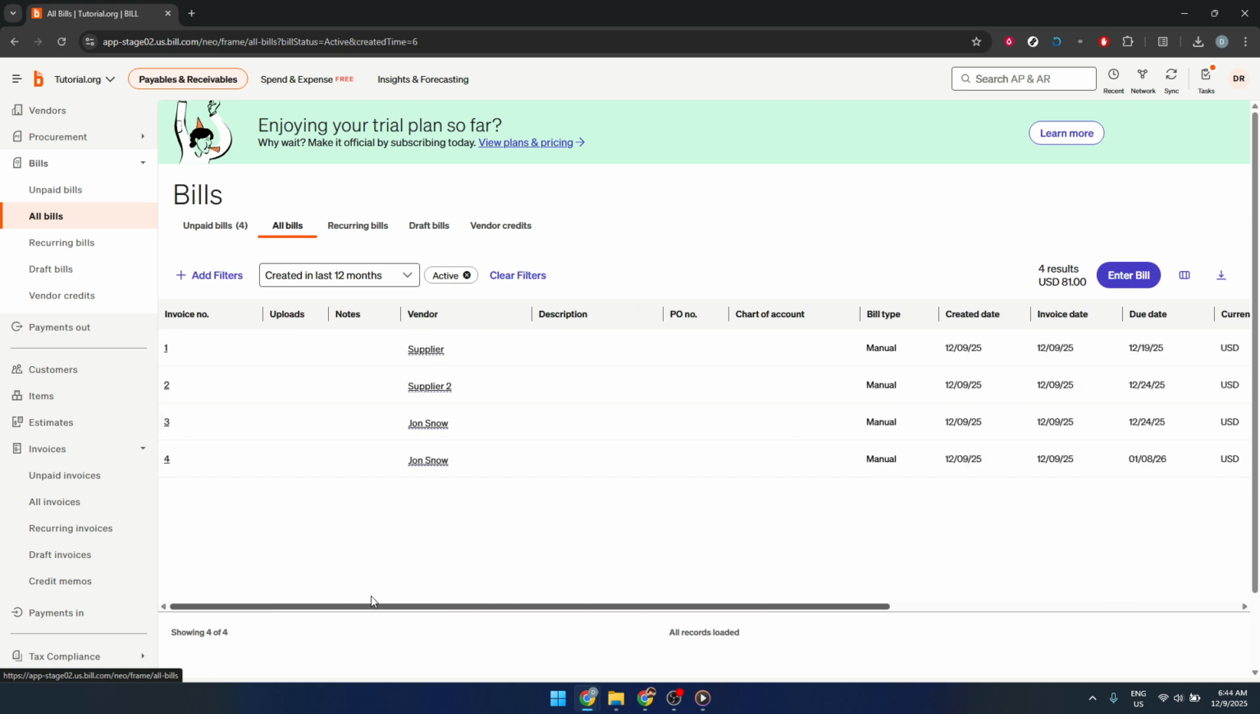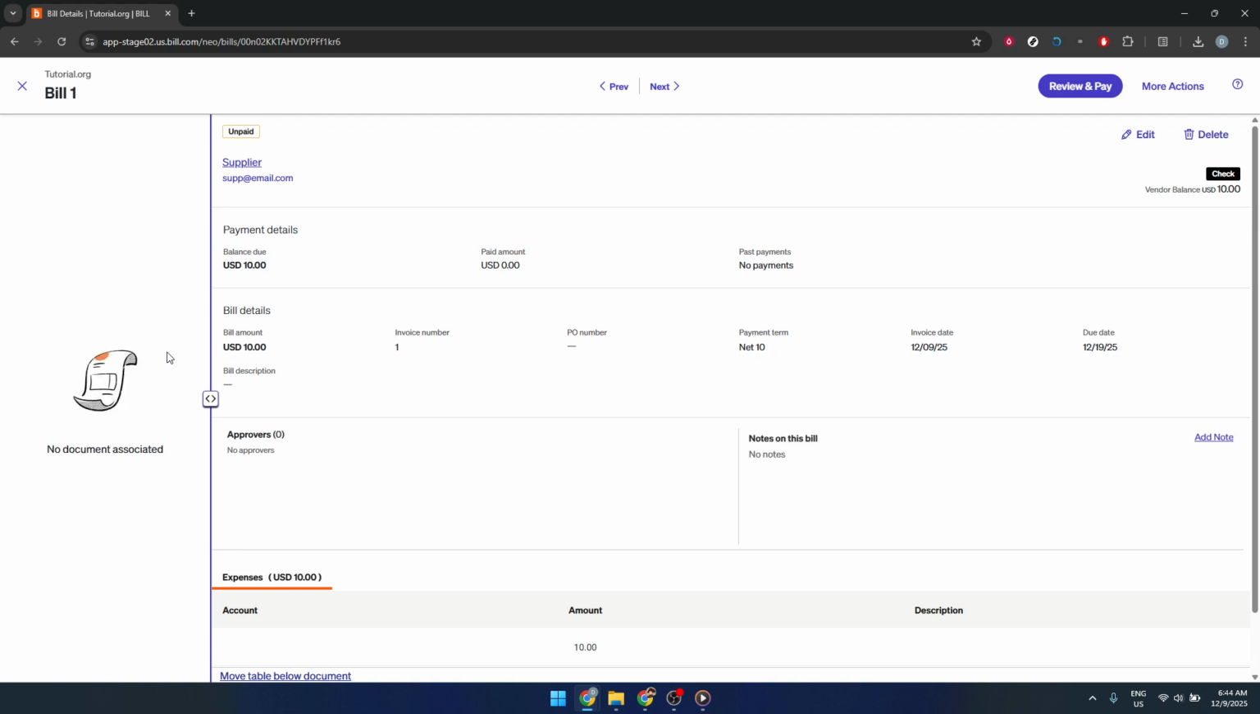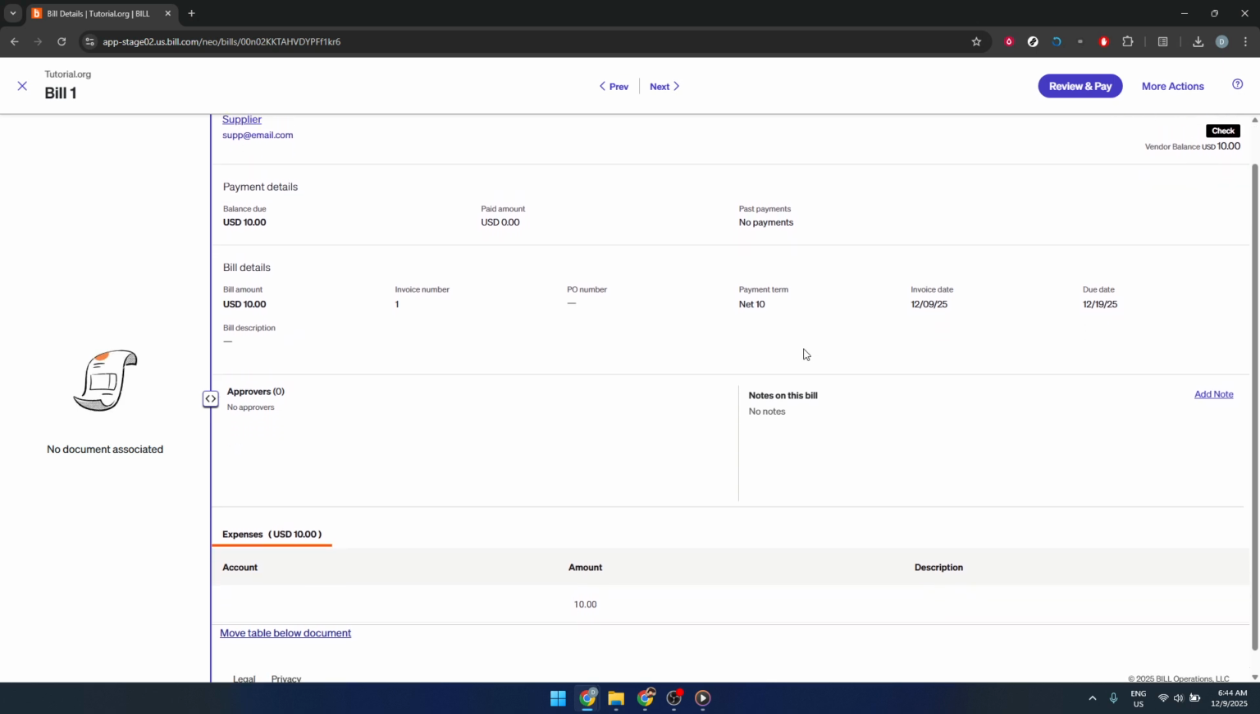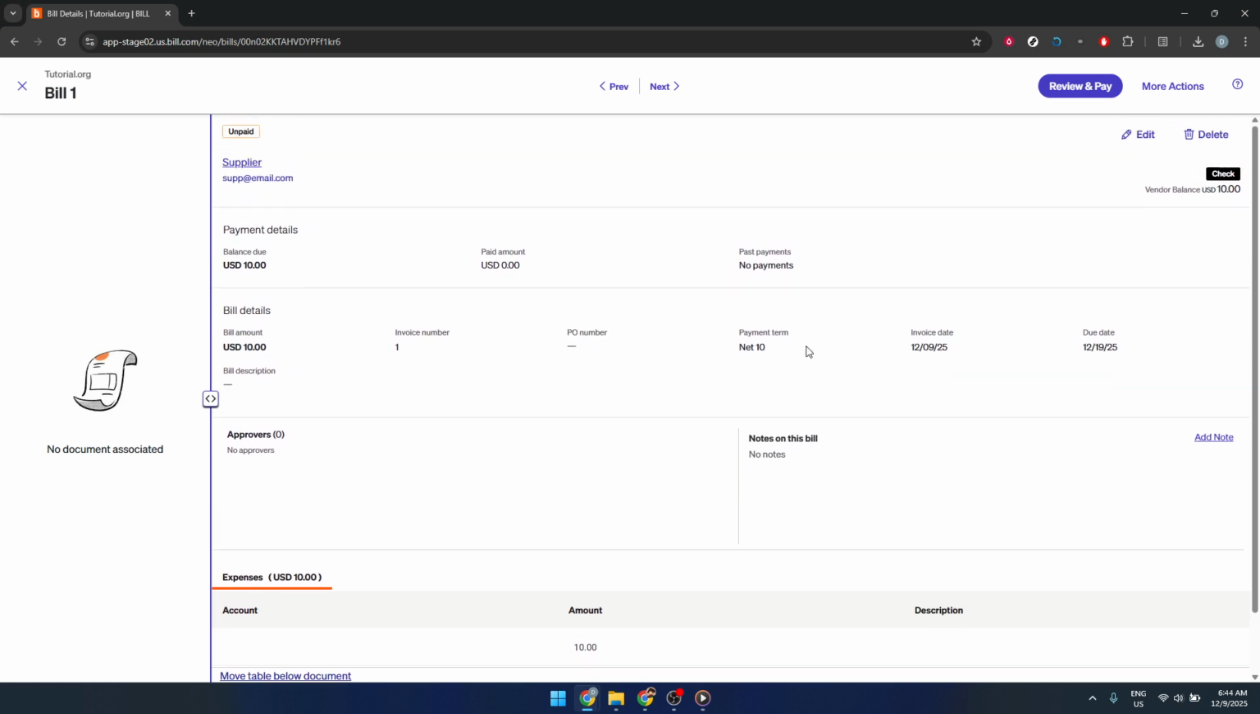Next, you're going to select the specific bills you want to pay. On the left side of each bill, you'll see a checkbox next to the vendor name and the invoice number. Click the checkbox for each bill you're ready to pay today. You can choose just one bill or multiple bills at the same time, depending on what you need. Make sure you're selecting the correct invoices and double-check the amounts and due dates to avoid paying the wrong bill